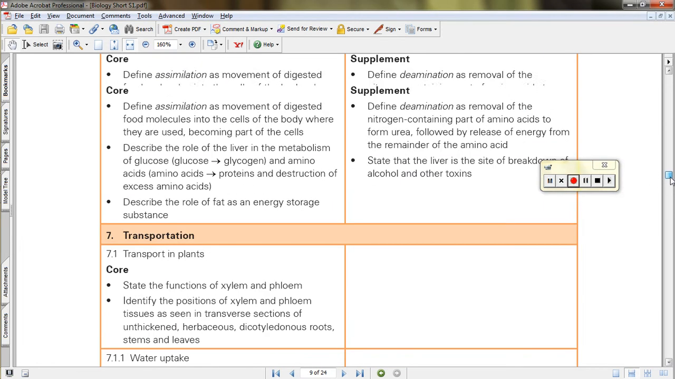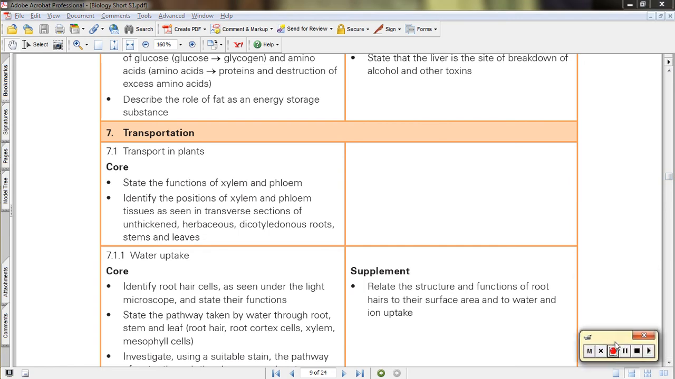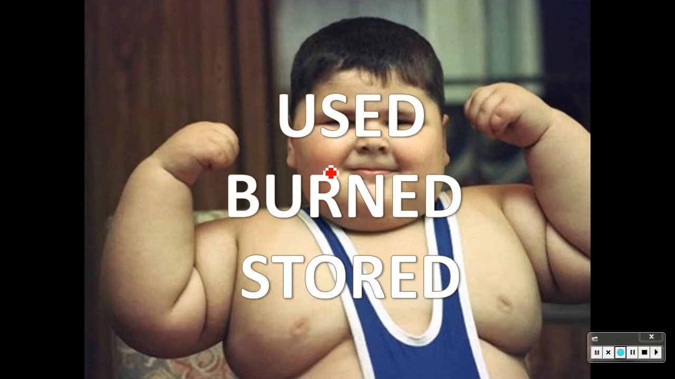Biology 271, so just the plant part. State the function of xylem and phloem. So,